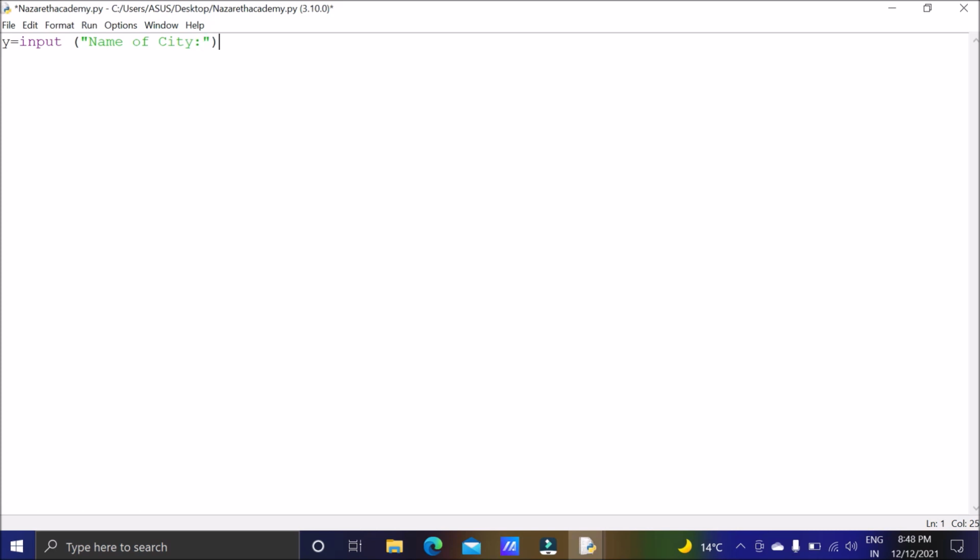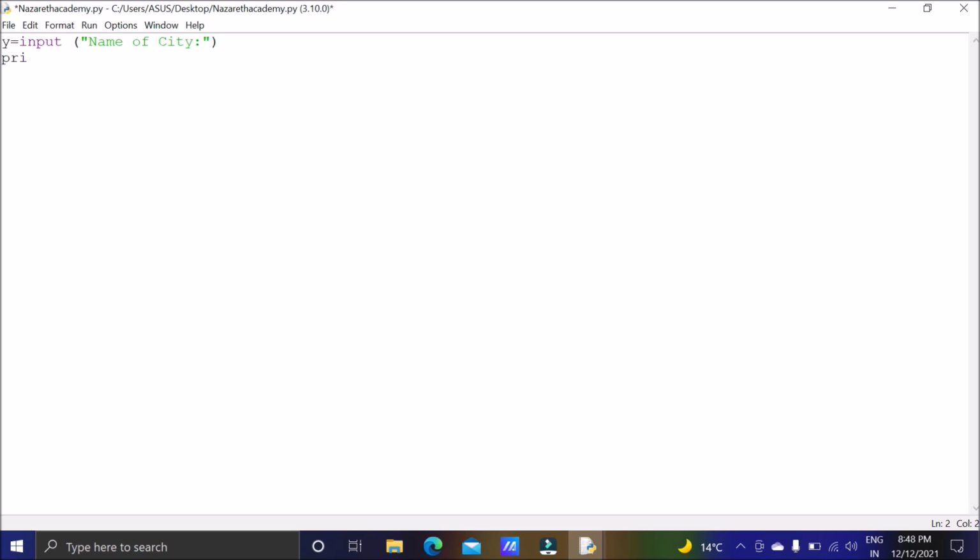So this will be my message. So what will happen when the user writes the name of the city, because I have written input here. So input will take the input from the user and save it in y. So whatever data is given by the user will be saved in y. So y will have the value that is given by the user.